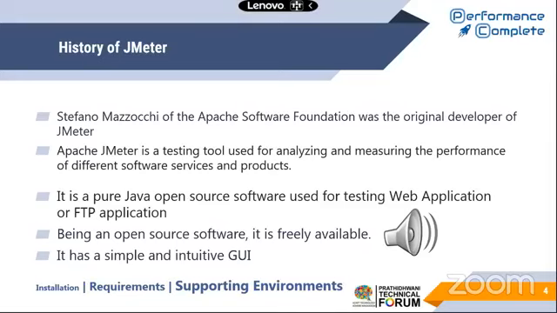JMeter can be used not only for performance testing, but also for automation testing, because some recent updates in JMeter help you write Selenium-kind-of code in JMeter. I just want to let you know that that is the applicability of JMeter. It's not a limited tool. The limitation of JMeter is actually on top of the person who is using it. So if you know the depth and analysis of JMeter, you can use JMeter to different extents. And it's highly integratable with all the CI/CD pipelines like Jenkins, GitHub, Bitbucket. All those tools can be easily integrated with JMeter.